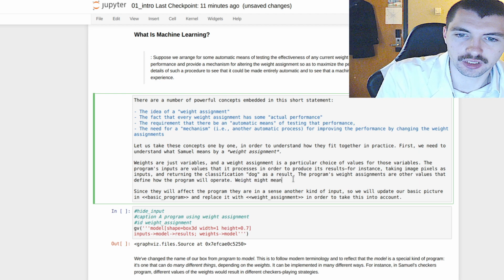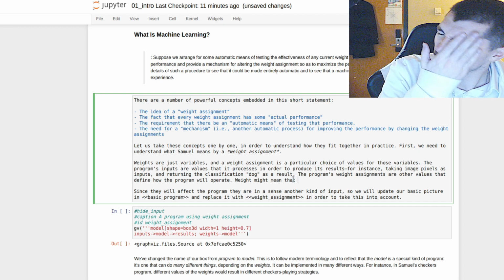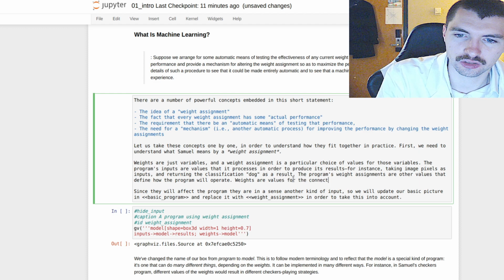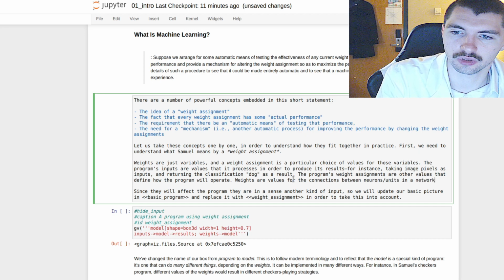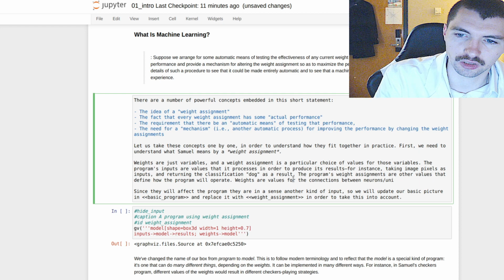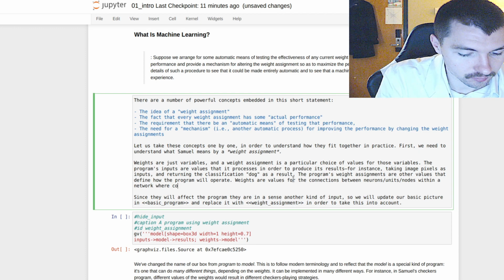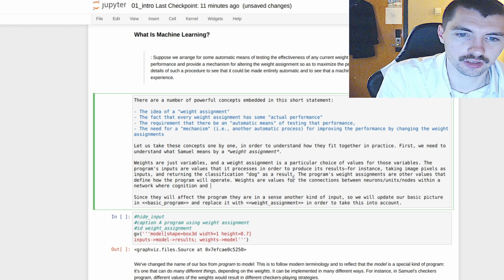Weight might mean that weights are values for the connections between neurons, units, nodes within a network, where cognition is determined by the